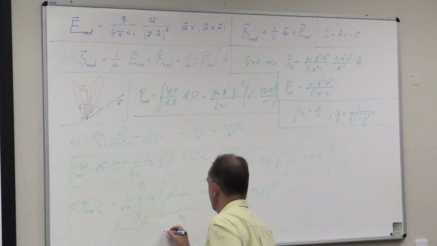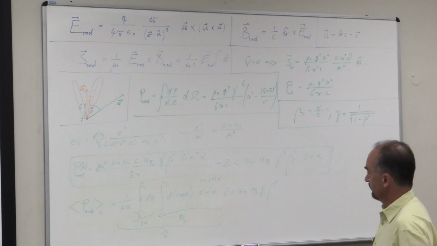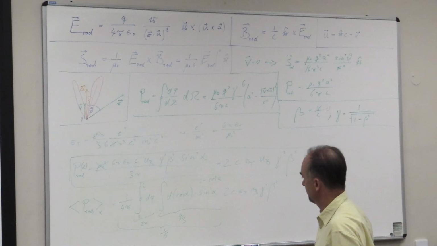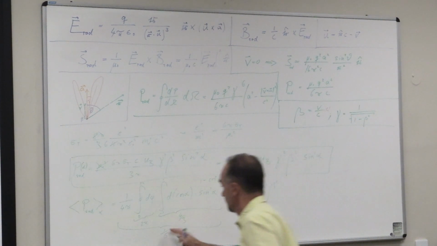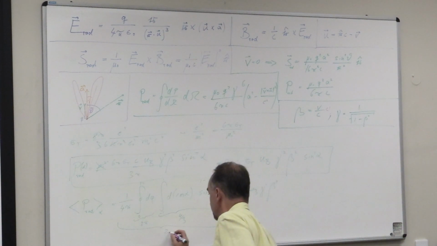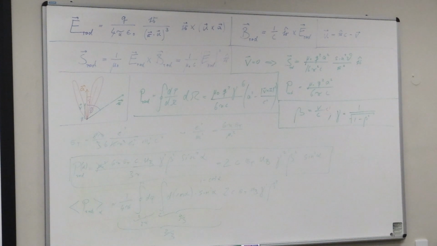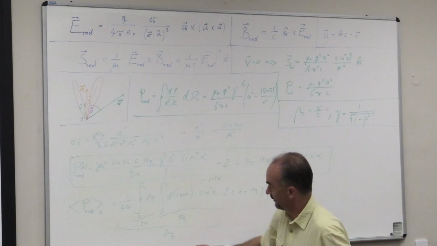Just gives us 1 over 6. So that means 2 over 6. 8 pi over 3 over 4 pi gives us